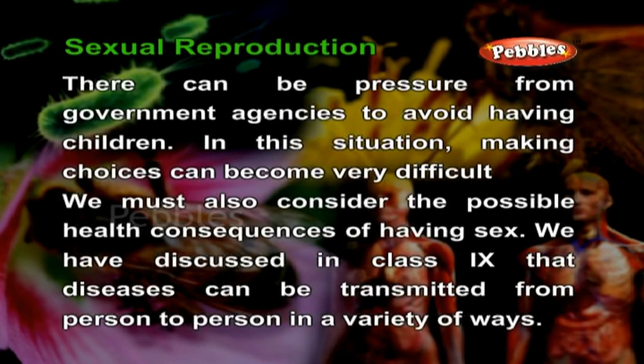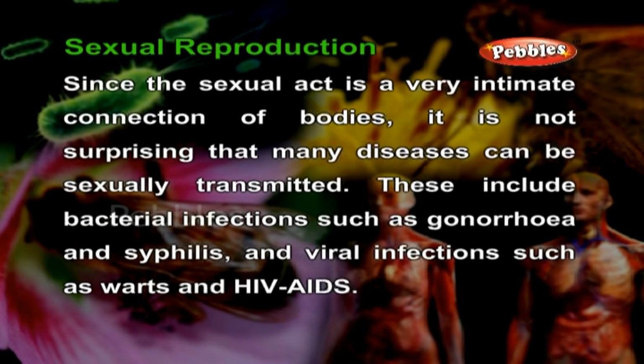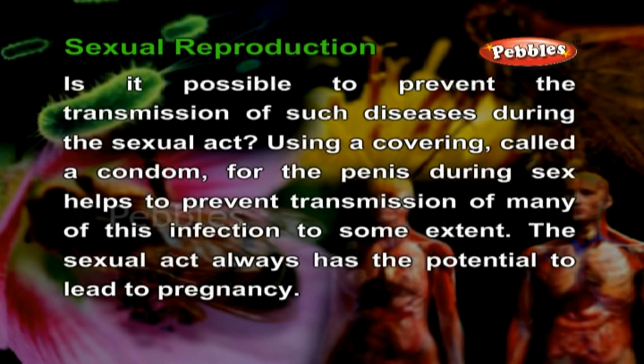We have discussed in class 9 that diseases can be transmitted from person to person in a variety of ways. Since the sexual act is a very intimate connection of bodies, it is not surprising that many diseases can be sexually transmitted. These include bacterial infections such as gonorrhea and syphilis, and viral infections such as warts and HIV/AIDS. Is it possible to prevent the transmission of such diseases during the sexual act? Using a covering called a condom for the penis during sex helps to prevent transmission of many of these infections